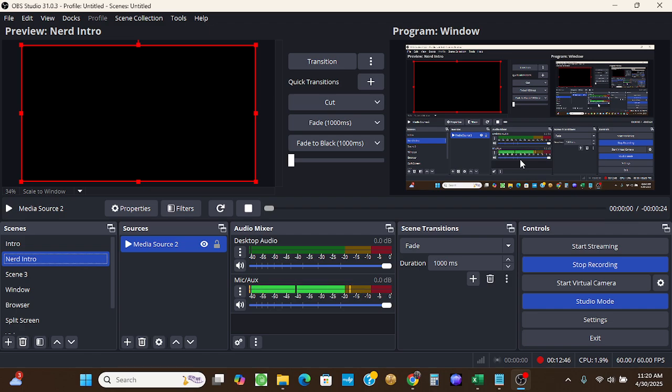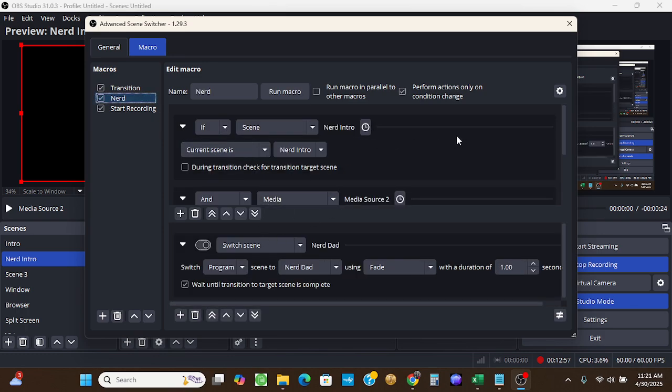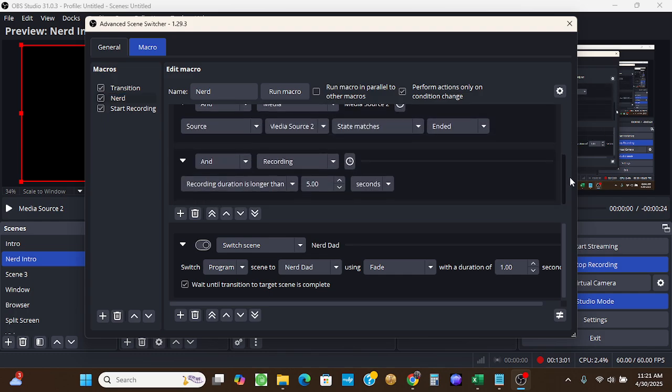So I don't want it to. That's the state that this macro is looking for. I don't want it to transition on me yet. So I want it to also look for whether or not it's been recording for 5 seconds. So if it's recording for 5 seconds and the media has ended,